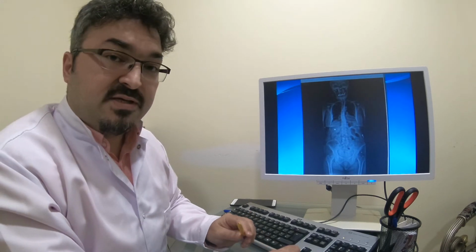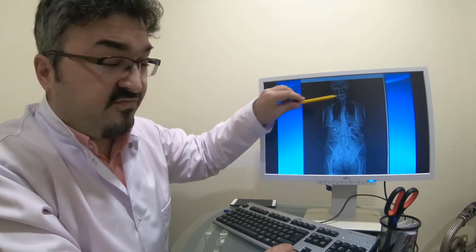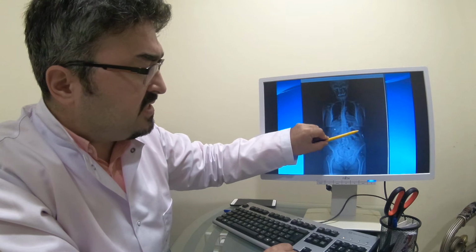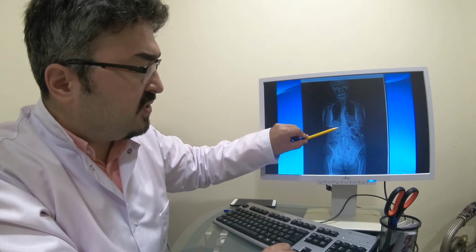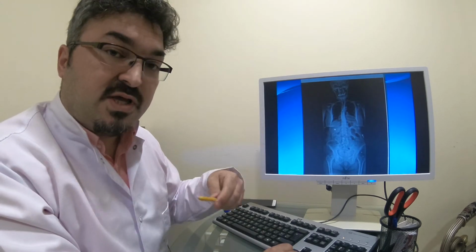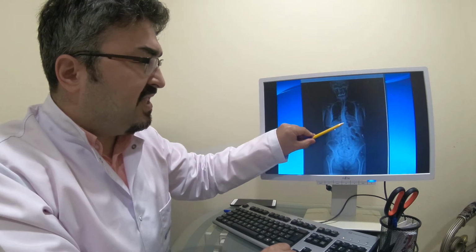And another aesthetical thing, this is a female patient, and I want you to look at the breast lines here. The breast lines are here. You should notice the breast lines because I will show you the difference after surgery about the level of the